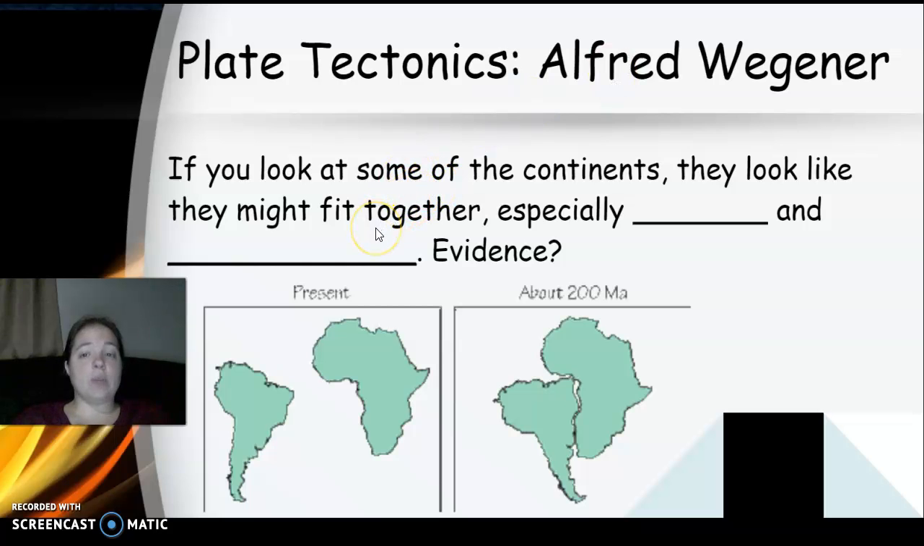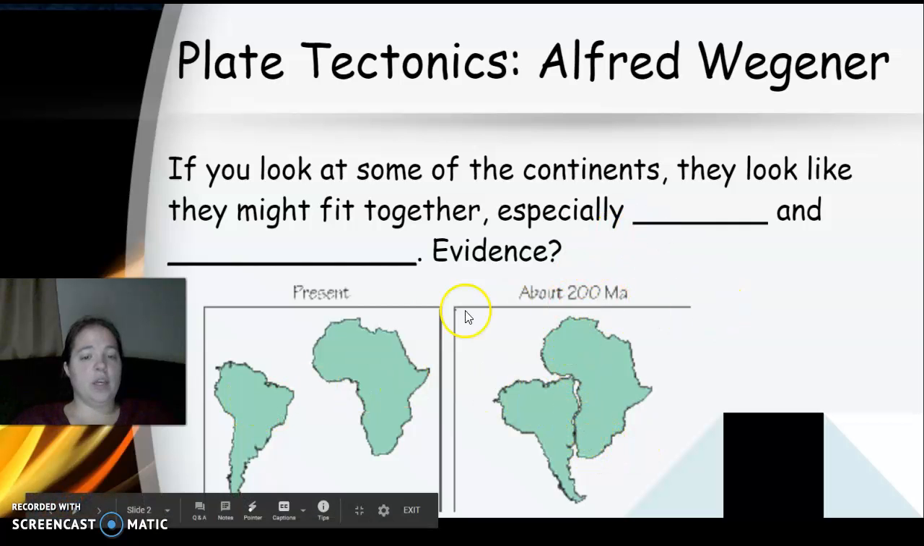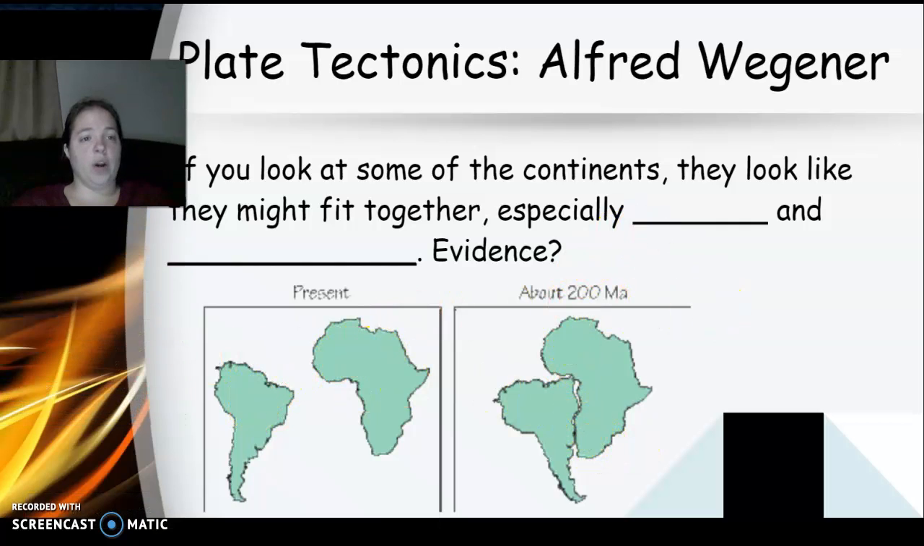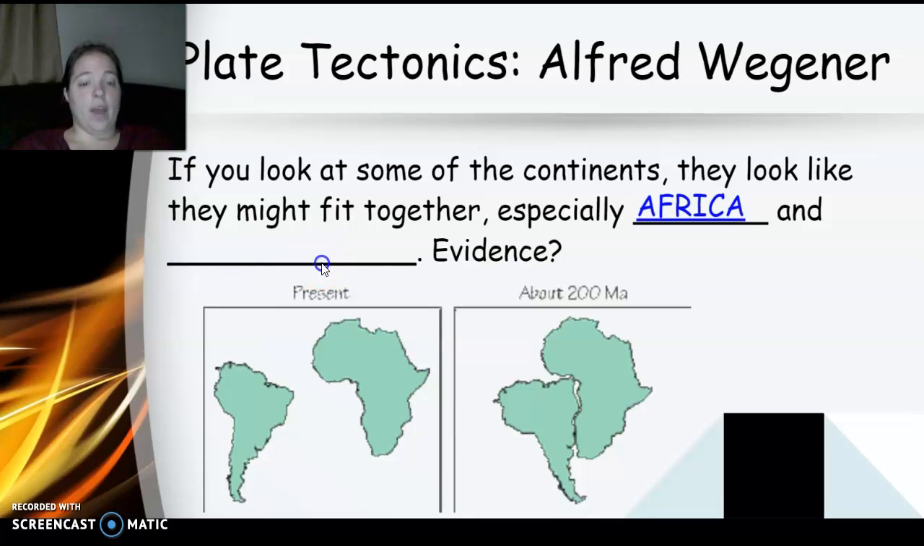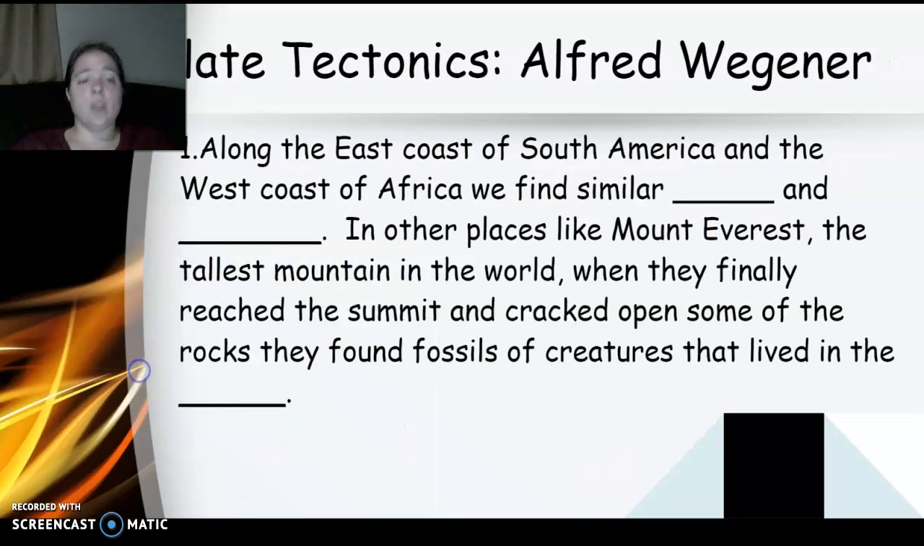So if you were to look at some of the continents, they look like they might fit together, especially these two right here. And they are Africa and South America. All right. So there's got to be some evidence about this fitting together. Like, how do they do that? Why do they look like they fit together? All right. So, number one, along east coast of South America and the west coast of Africa, we find similar